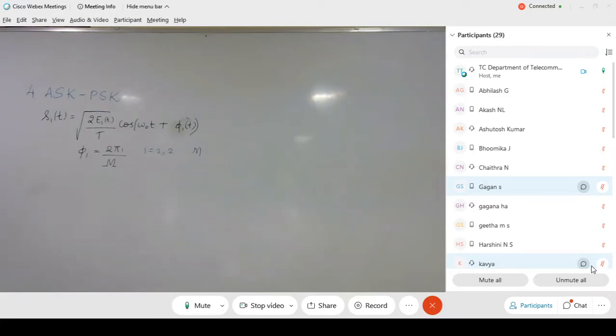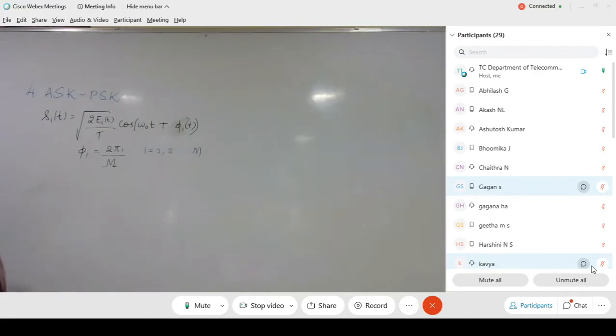This is a very unique kind of combination. M equal to 2 will not make much difference, and M equal to 4 also will not make much of a difference. But if you choose larger values of M, then this will make sense. Let me give you one application of this. I will not go in depth with respect to the IQ plot and all, because we are only dealing with a few basic types of modulation technique.